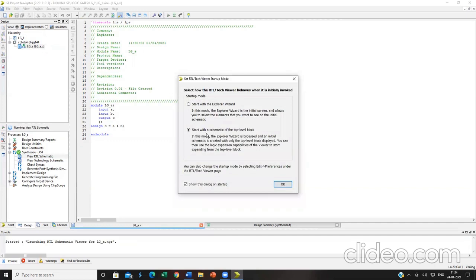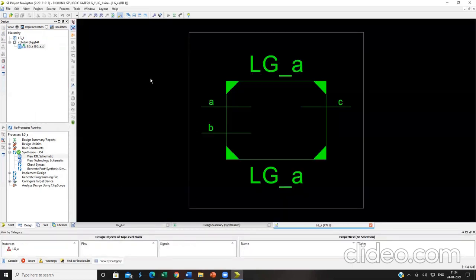Kindly ensure this checkbox is enabled, and kindly ensure this radio button is enabled: start with a schematic of the top level block. Click on OK. So this is your RTL diagram of your AND gate.